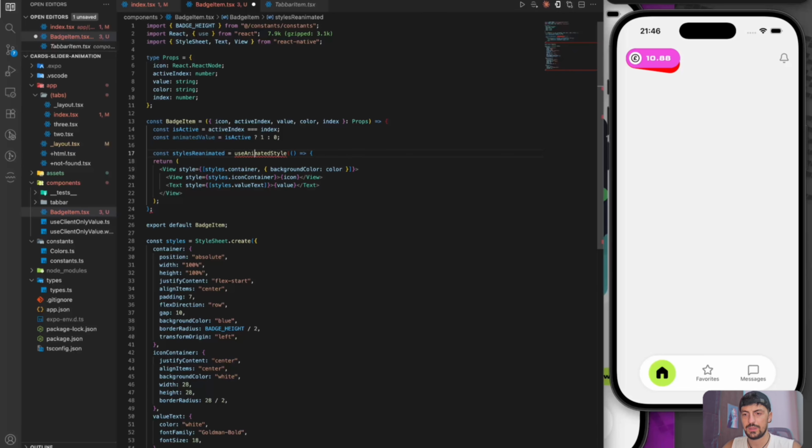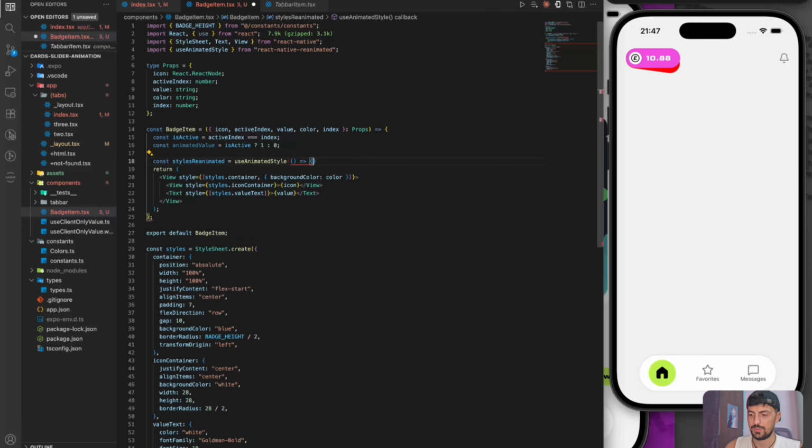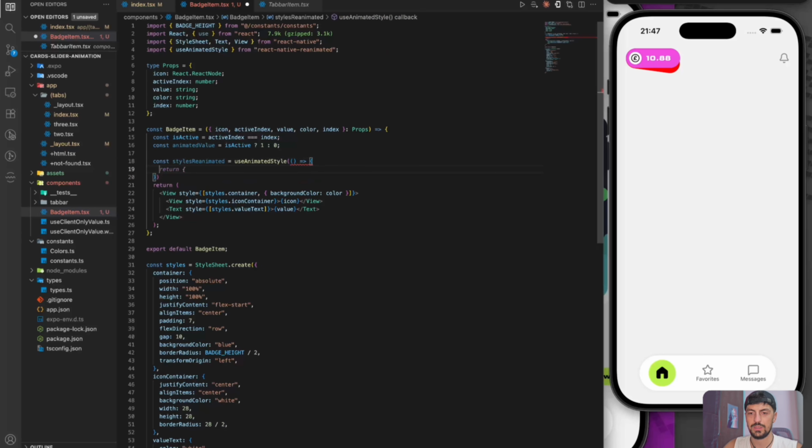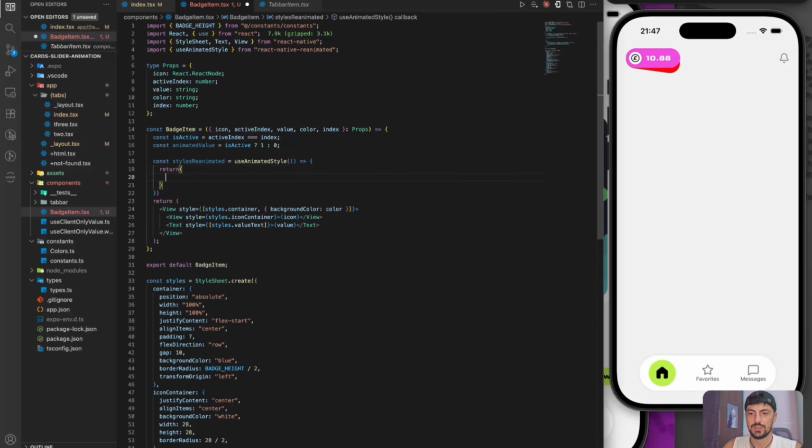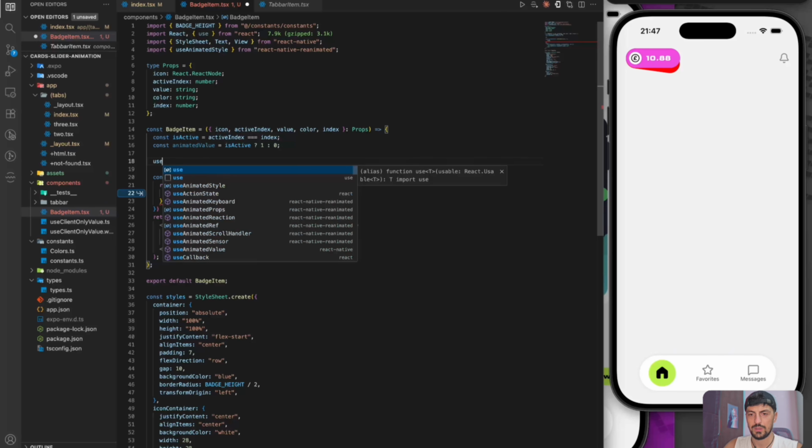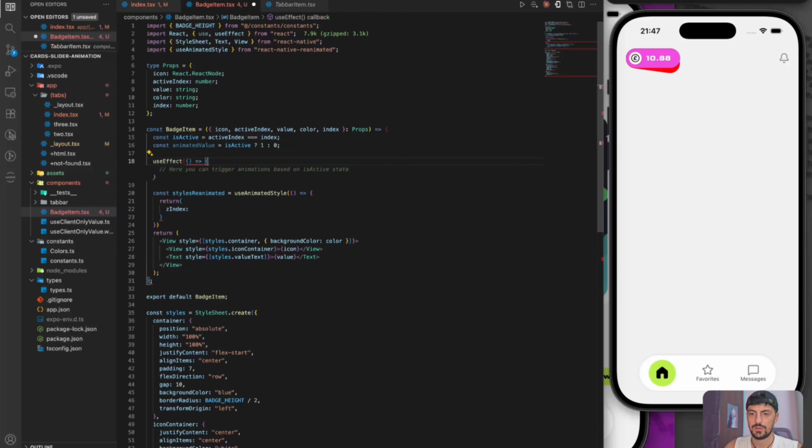Use animated style, import that from React Native Reanimated, and return here some styling. Let's start with z-index, and also create use effects here,